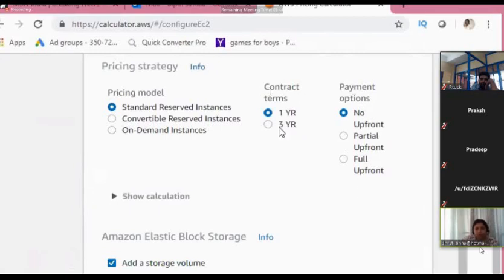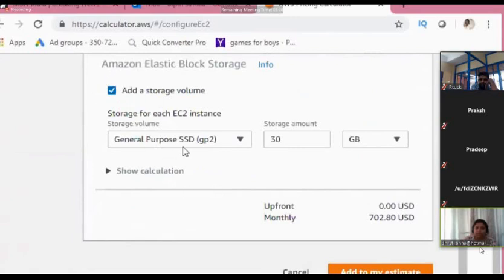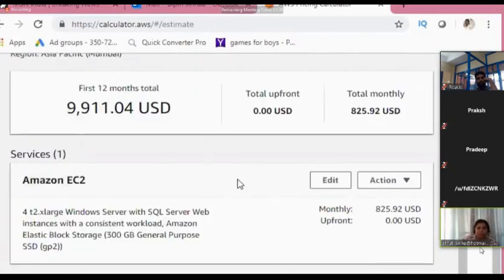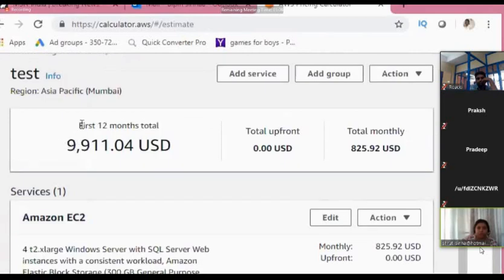it should be convertible. It should be on demand. What would be the payment option, what contract is the customer willing to go for, because a 1 year contract and a 3 year contract, or the prepaid service, these are all different, so you should be very careful while selecting. Okay, and then do you need storage also? Obviously you need a server, then you need storage also. There's a SQL attached to it, so you can select how much storage you need, right? So you can select all this, and then you can add to my estimate,